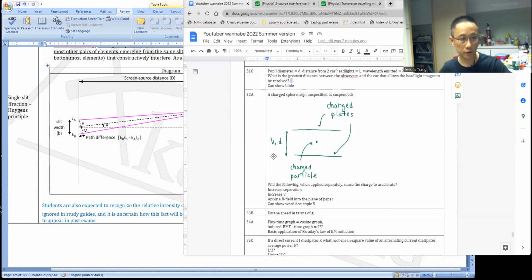Question 31 now is about resolution. An observer with an eye of pupil diameter d views the headlights of a car. The wavelength is lambda, and the separation between the headlights is L. And they're asking for the greatest distance between the observer and the car. So I trust everyone knows to apply Rayleigh's criterion. The minimum resolvable angle equals 1.22 lambda over d,